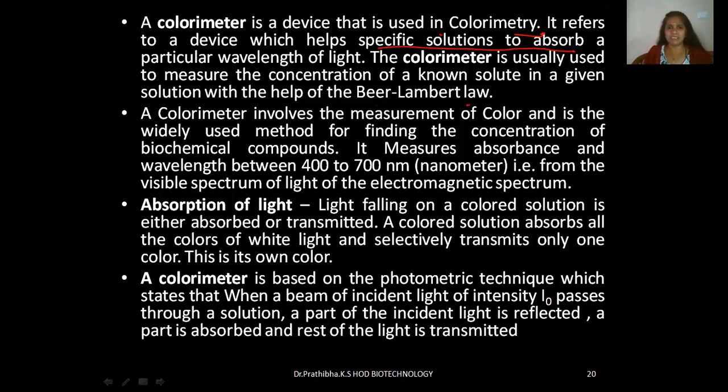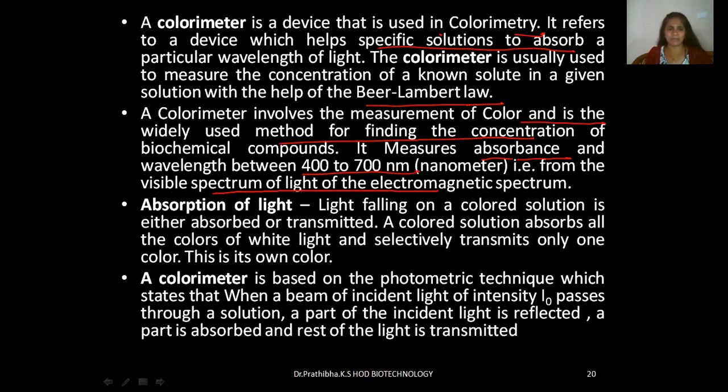In detail, you will understand this in the theory class. A colorimeter involves the measurement of color and is a widely used method for finding the concentration of biochemical compounds. It measures absorbance at wavelengths between 400 to 700 nanometer, that is from the visible spectrum of light of the